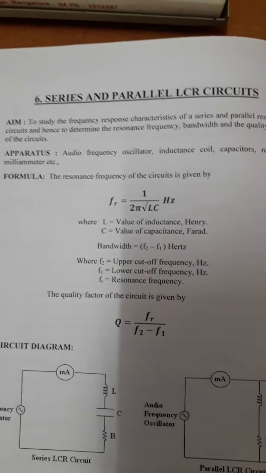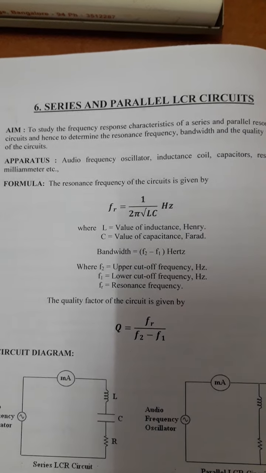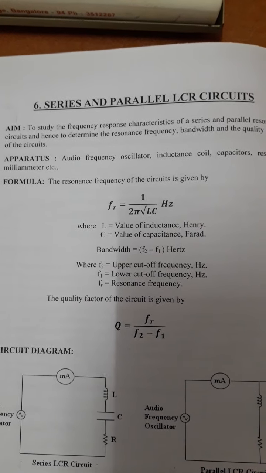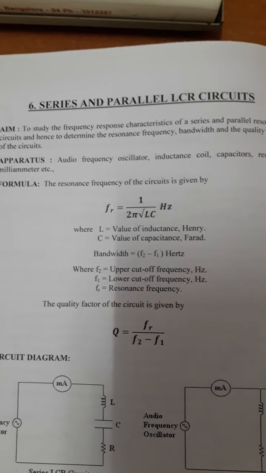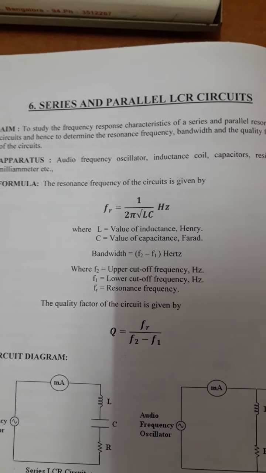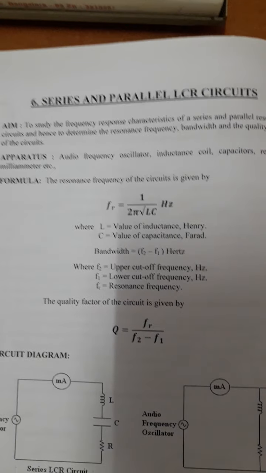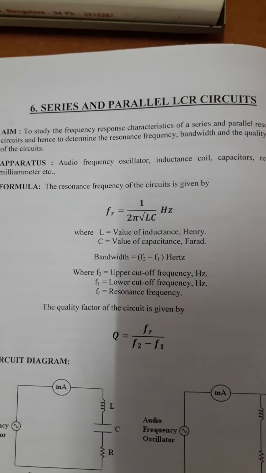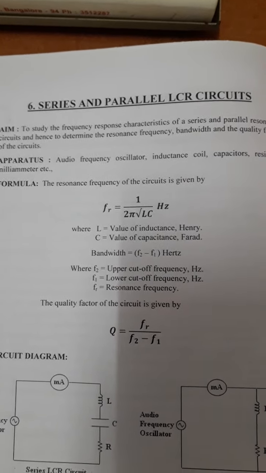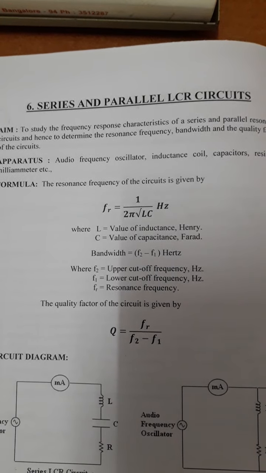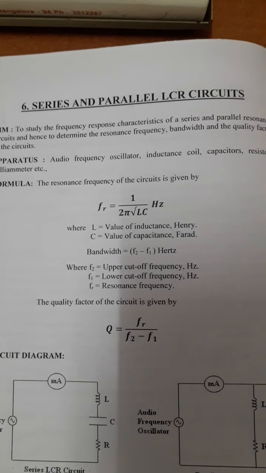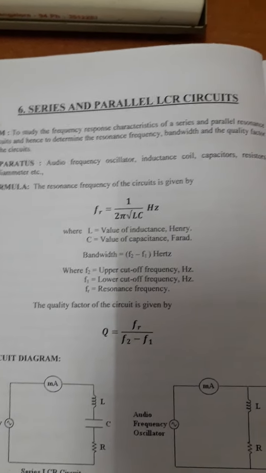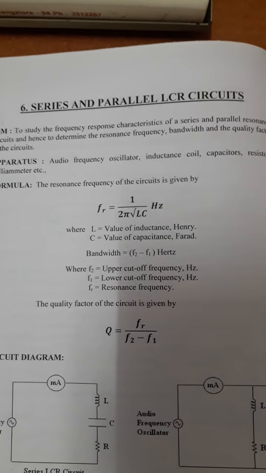Already you know what the resonance frequency is. In forced vibration you learned the resonance frequency. What do you mean by resonance frequency? It is the frequency at which resonance occurs. When does resonance occur? When the applied frequency matches the natural frequency. At that time resonance occurs. We have already learnt this in forced vibration. Is it right? Yes. Then we are also calculating bandwidth.